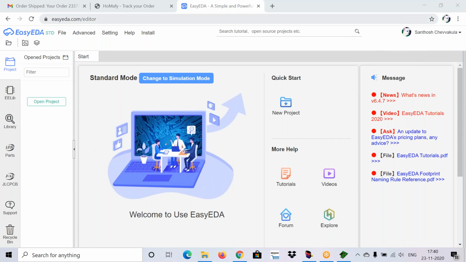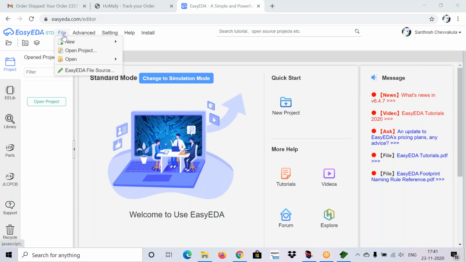Now I will just explain about the software and options that we will have. If you go to the top side, you can observe EasyEDA standard, right? That STD is standard. Don't change it. If you change it, it will take you to the simulator. Simulator is not a function which is available for us, we will discuss it later. Always it should be in STD only. STD is nothing but standard mode.